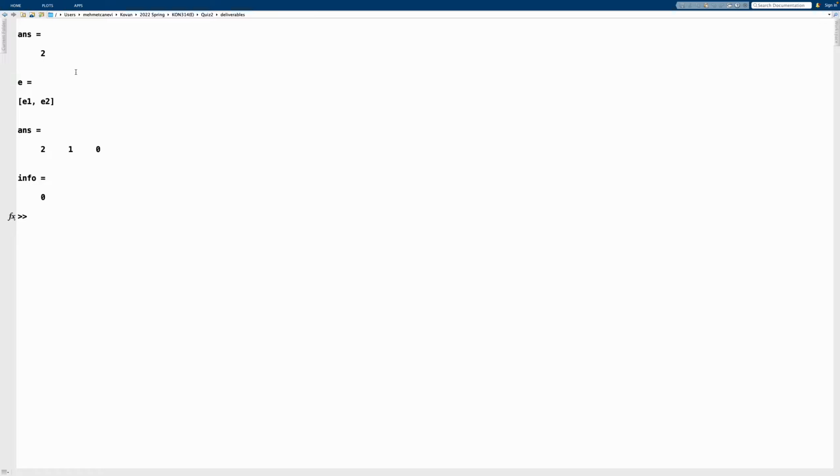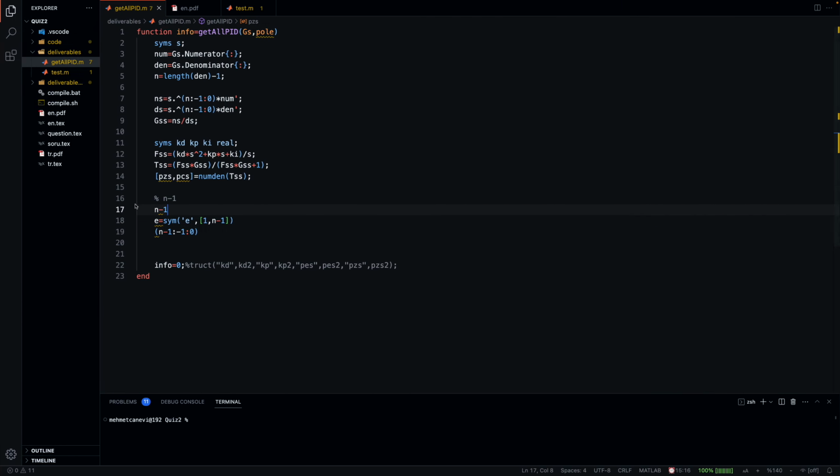You can see it's 2, so it's going to be a second order polynomial. Therefore, we can generate e1 and e2. You can see that we would rather have e2 s squared plus e1 s plus e0 as a mathematical convention, and we'll get to that. So since I can generate a 1 by 2 vector and the indices are going to be generated automatically, what I can do is I can just